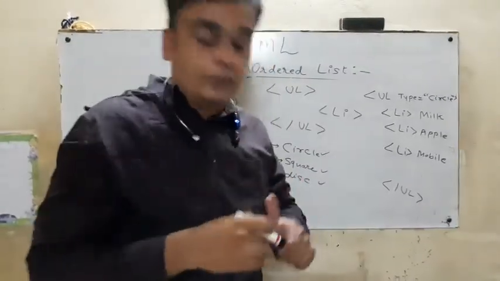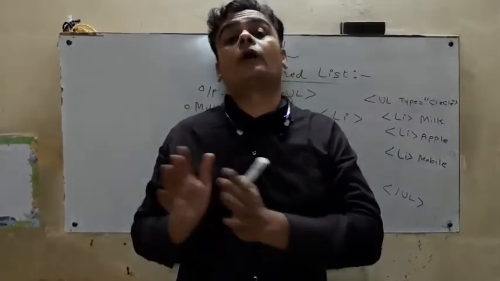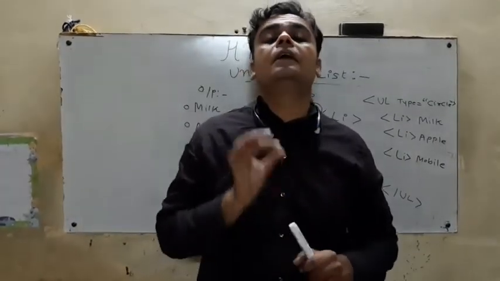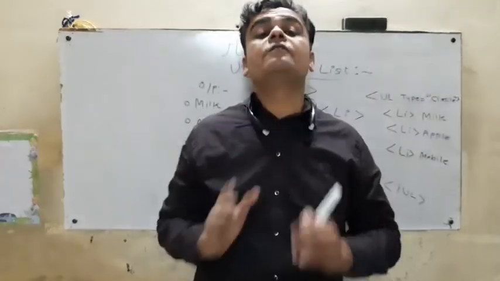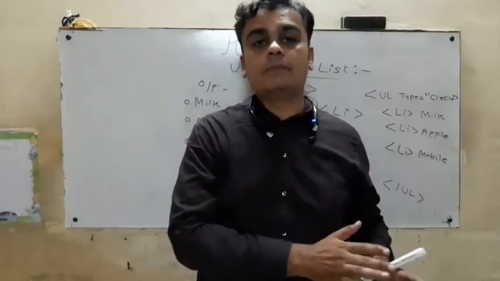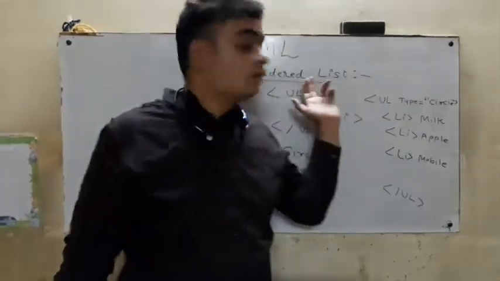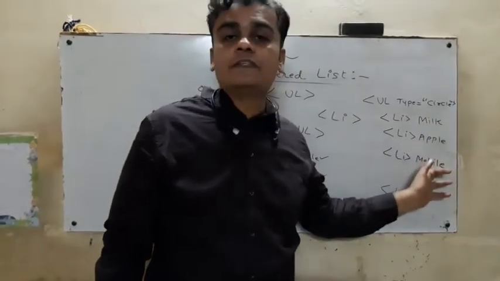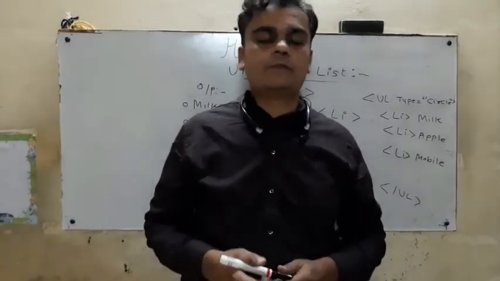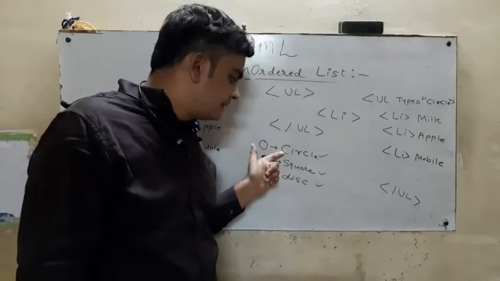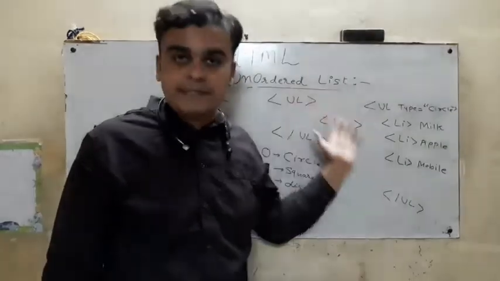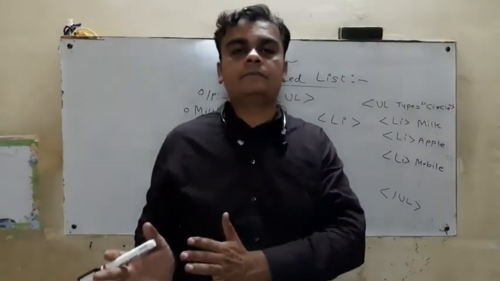So guys, suppose I ask you one question: what is the difference between ordered list and unordered list? The first major difference is, in case of ordered list, the sequence of elements is very crucial, very important. We can't change the sequence. So that's why it is represented by specific numbers, alphabets or digits. In case of unordered list, the sequence of list elements is not important. So that's why we are not using digits or special symbols. Instead, we are using circle, square and disk. These 3 symbols we use to represent unordered list elements. So these are the 2 different lists.